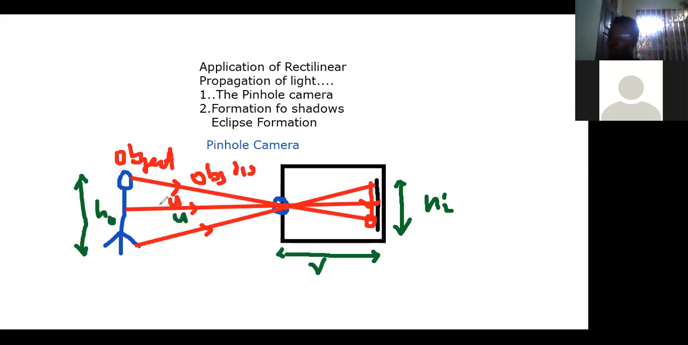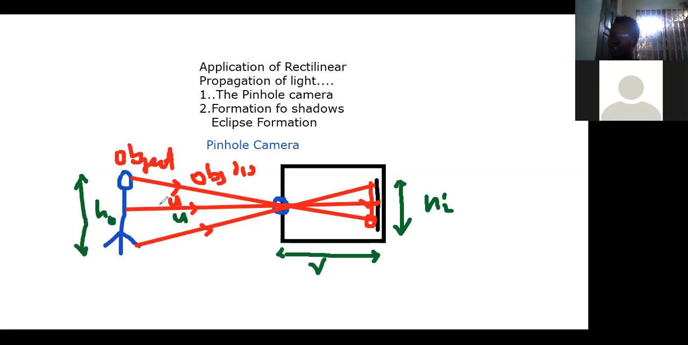So the closer the object to the camera, the brighter the image, and vice versa. That is it. The sharpness of the image normally depends on the size of the pinhole camera as well, and the distance as well. So you can also talk about the size of it. I said that